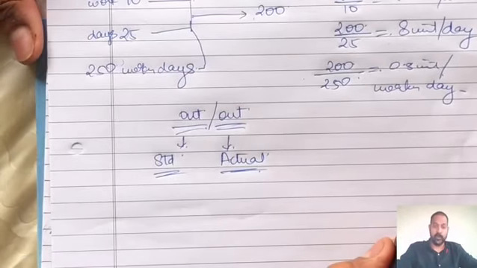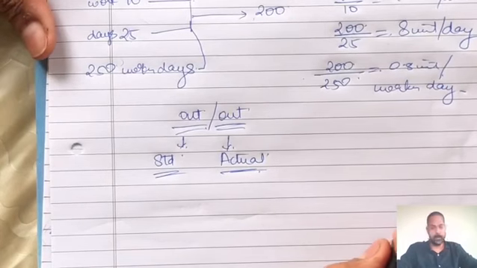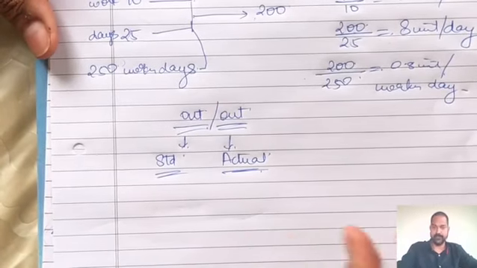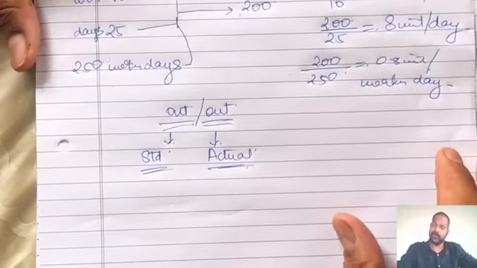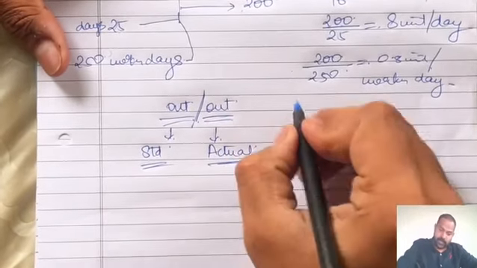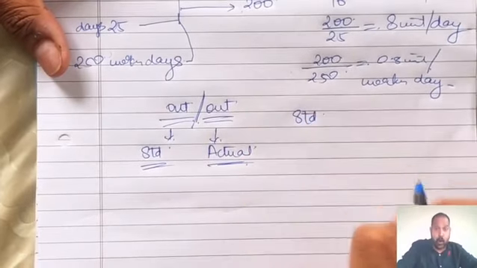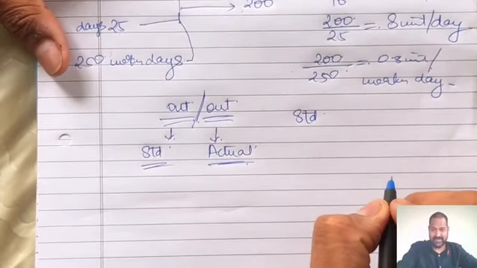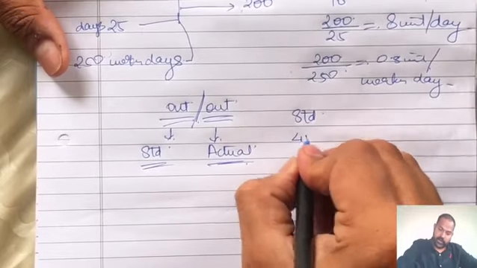Now a lot of students try to remember this as a formula. Don't. Remember this as logic. Like what kind of logic? I'll tell you. If I tell you that the standard output is 40 units